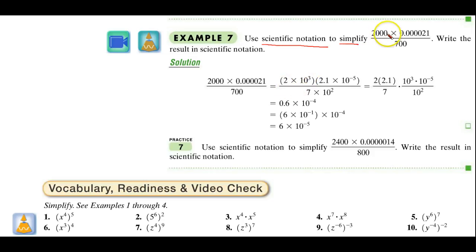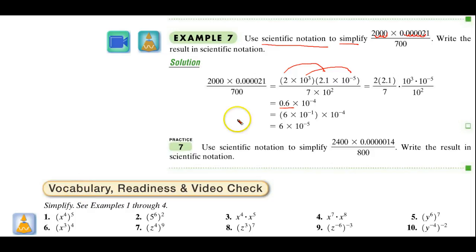So we're going to convert this to scientific notation. So move it over 3 places. That's going to be 2 times 10 to the 3rd. This one I'm going to move over 1, 2, 3, 4, 5. So 2.1 times 10 to the negative 5. I'm going to multiply the 2 in this. I'm going to multiply this and this. And then I get 0.6 times,